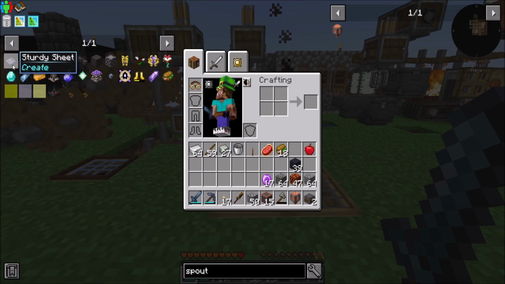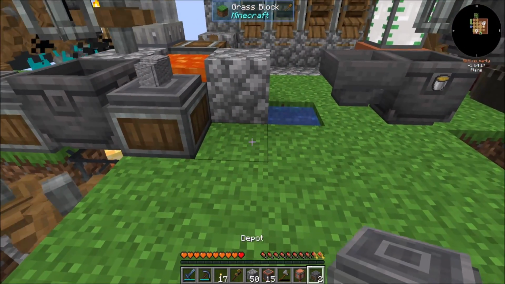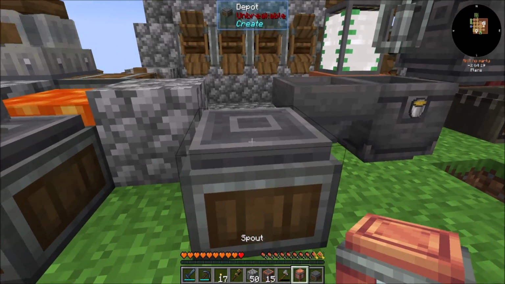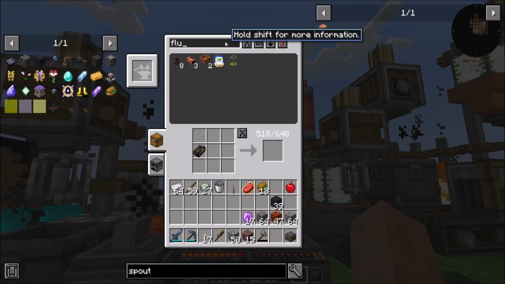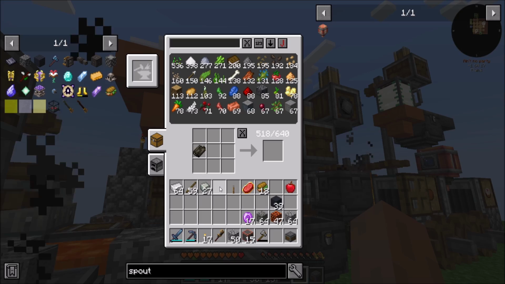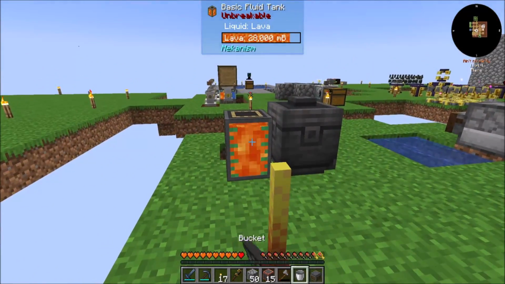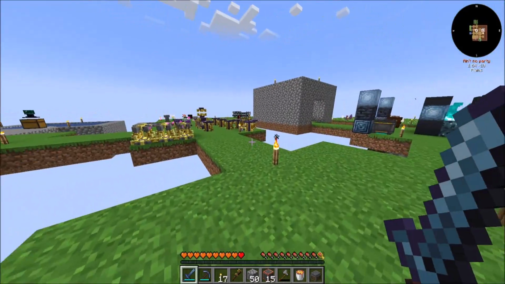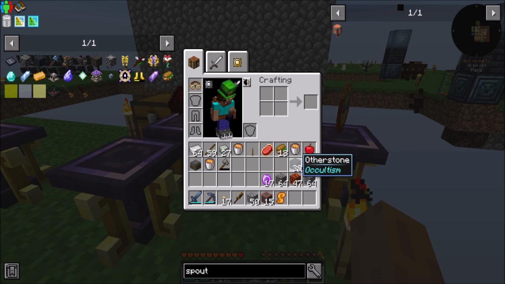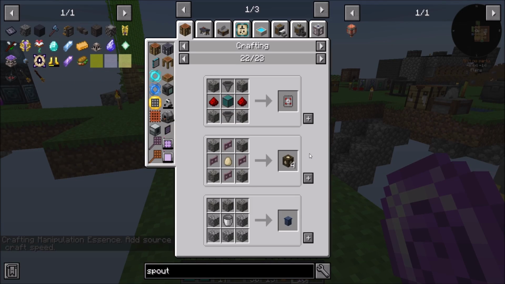So just to clarify, this gets stamped twice, obsidian dust, right? So I should be able to do something along these lines, right? And this thing doesn't actually need anything, so that's cool. And then fluid hopper, boop. So give me that bucket back. We'll get our stuff here. We'll swap one of these out. Okay. And then you can do...